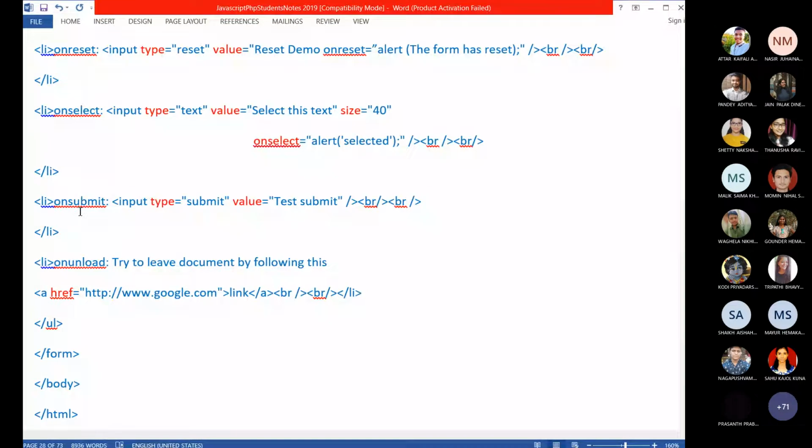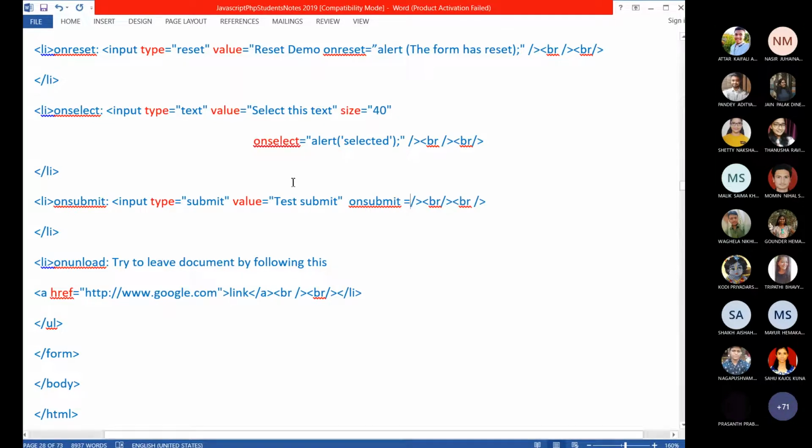On submit also we can use within the form tag and also within the submit button. What is the code for the submit button? This is the code for the submit button. Inside this you can use on submit. Here we missed it. On submit, this is just a label to display, but as one of the attributes, you have to use this.